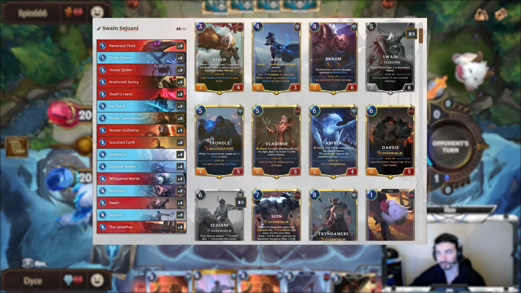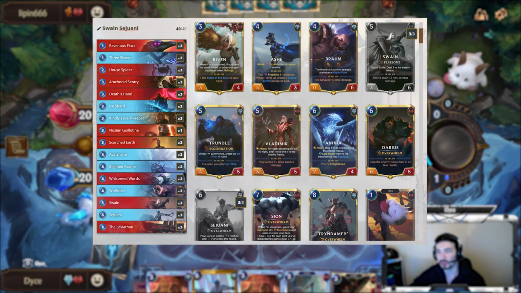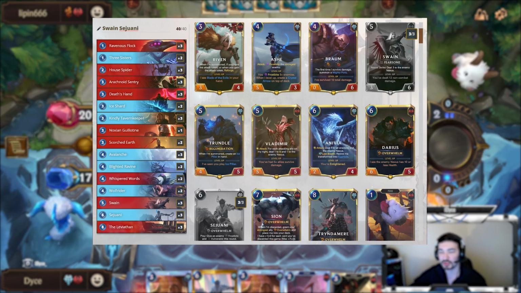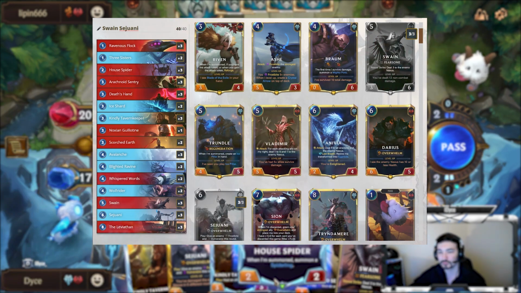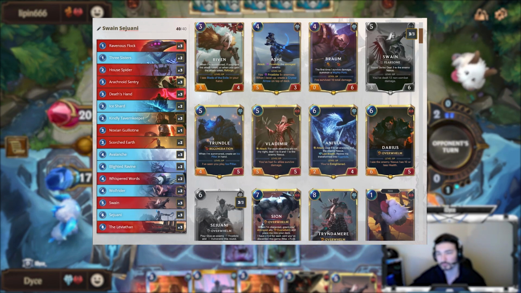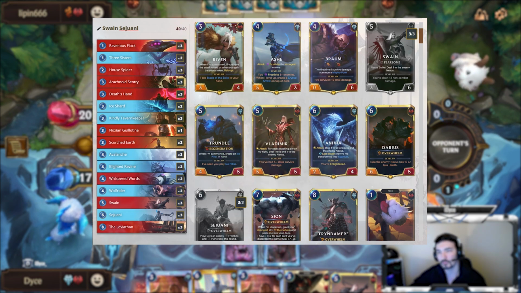Hey everyone, so once again I try to play some fun stuff, and every game in Ranked and Masters I'm running into aggro, like Pirates or Poppy Zed or Bandle Burn, and so I figured it's that time again for some Swain Sejuani. This is one of my favorite decks of all time, and it's my go-to deck to poop on aggro. It isn't even necessarily the best thing to counter aggro, but it's a decent counter that